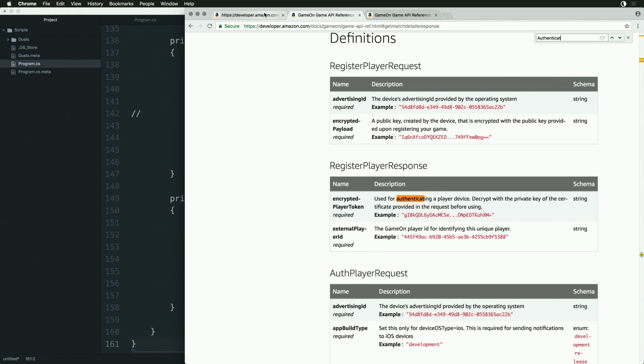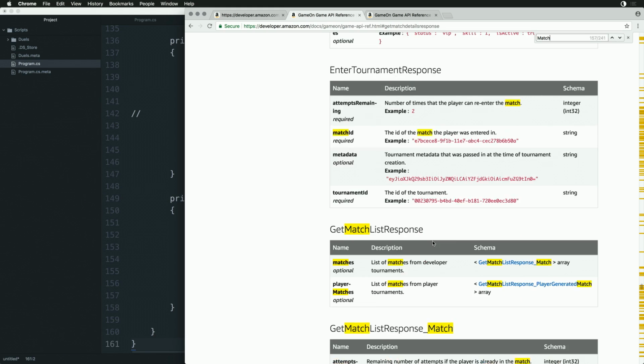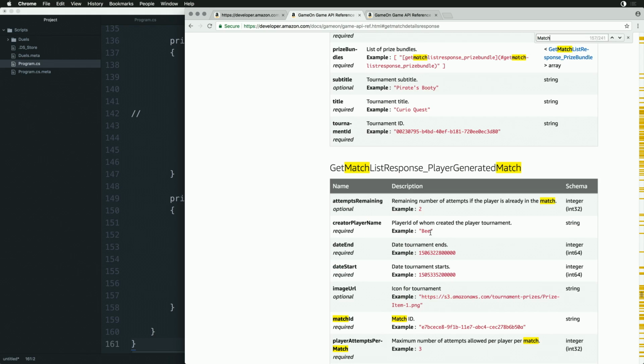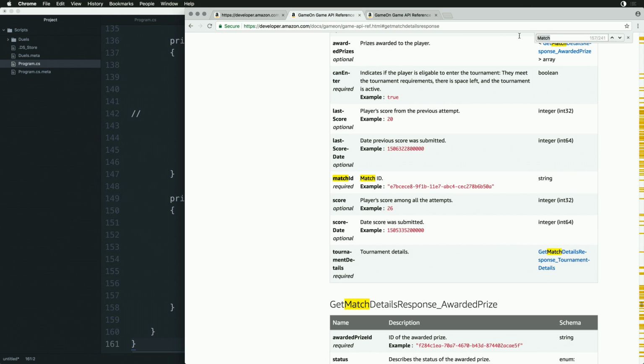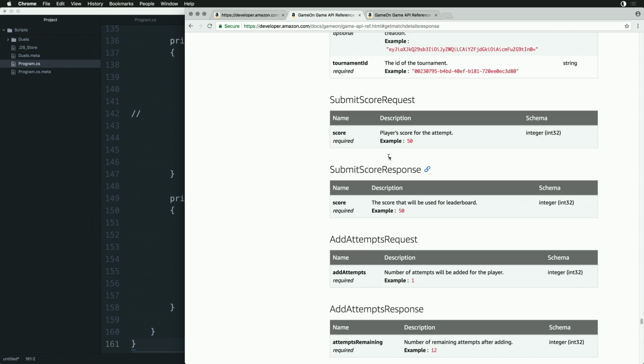Where am I missing the authentication? Get match, submit score request. All right, so